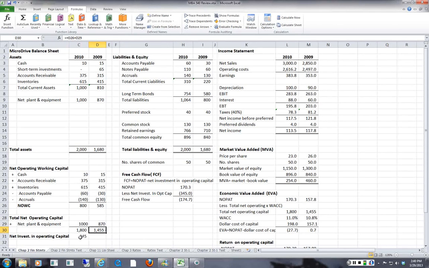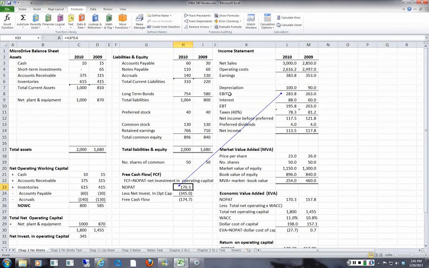an increase of $345. Now that increase in assets has to be financed, and we're going to talk next about how it gets financed, and that's through free cash flow. Free cash flow is determined as net operating profit after taxes minus the net investment in operating capital. NOPAT is going to be $170, and how that's calculated, we go up here in the income statement and we take